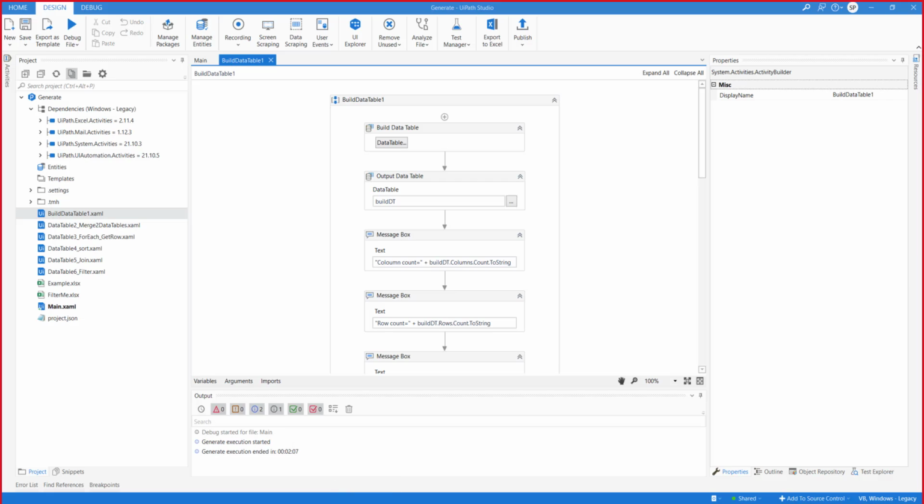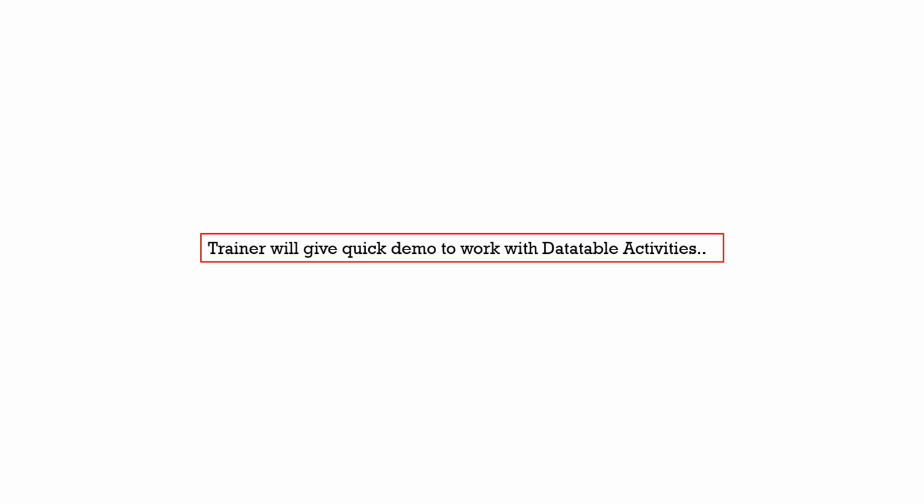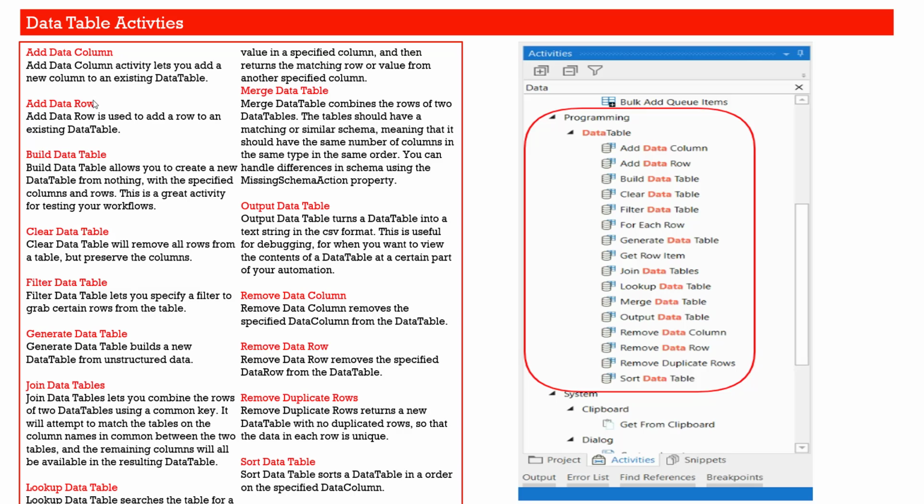So how can we work with a Build Data Table example, right? Quickly going back to the presentation, because I wanted to showcase it here. Generate Data Table builds a new data table from unstructured data, and for Build Data Table you need to create and specify the columns and rows, right?